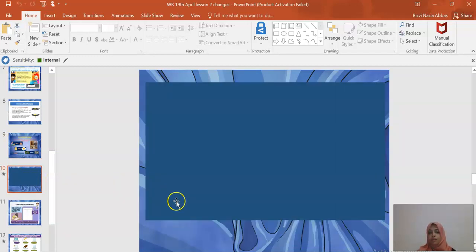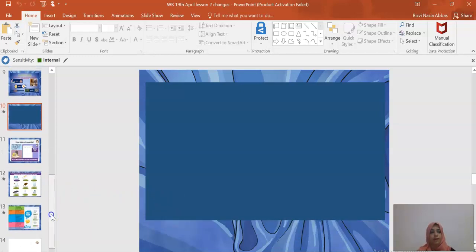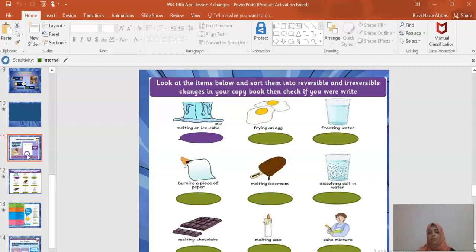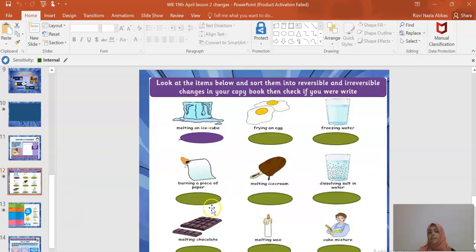Now, to get more understanding of reversible and irreversible change, I want you to watch this video. Now this is the task that is to be done in your copybook. We just wrote the learning objective in the copybook, and now you have to divide your page into two, write reversible and irreversible, and here are some examples.